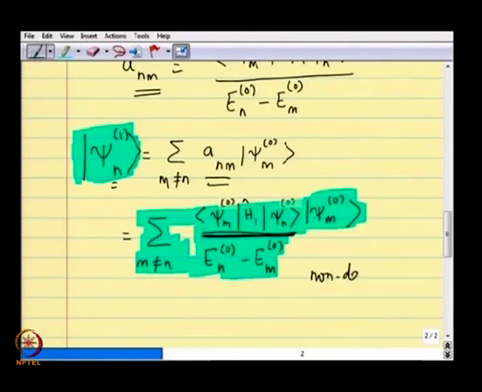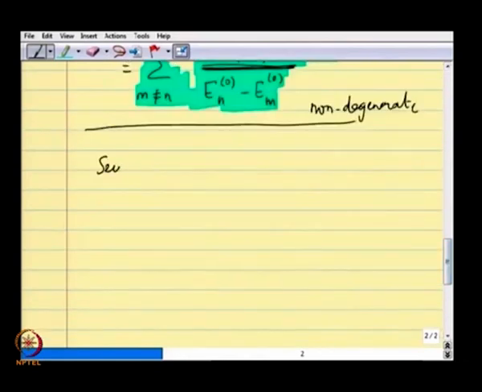What does that mean? No two energies are equal, and therefore when the labels are different, the energies are different. Therefore the denominator never goes to 0, and it is a well defined quantity for the first order correction to the wave function. This is what we need to use in order to obtain the second order corrections to the energy